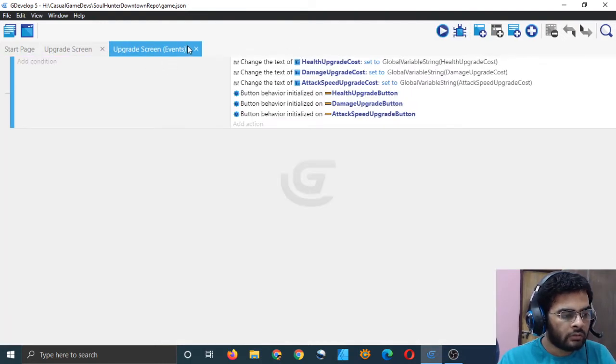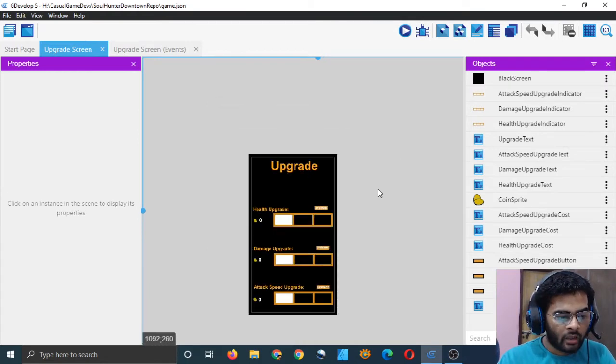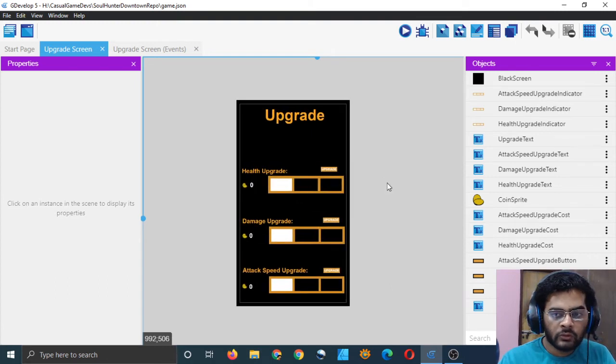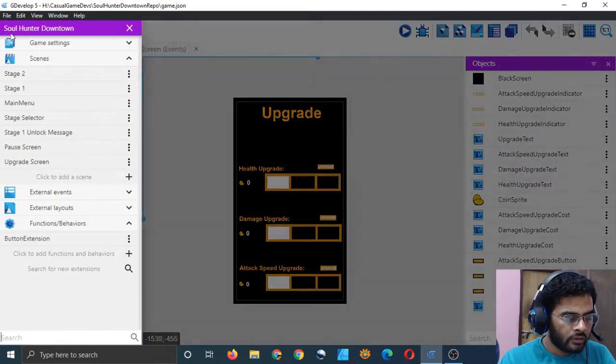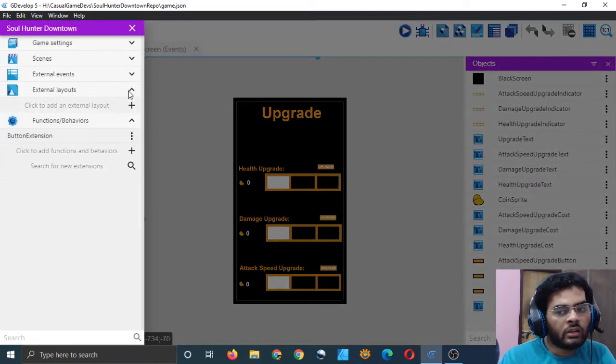I will now go to my upgrade screen. I will make a button, and I think I will make it a global object. So can I just create global objects here? Will I have to put it in a layout? Okay.